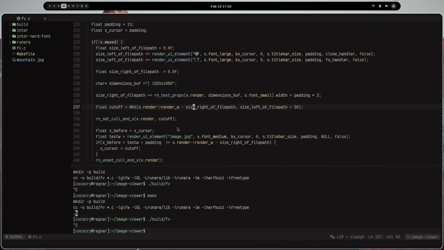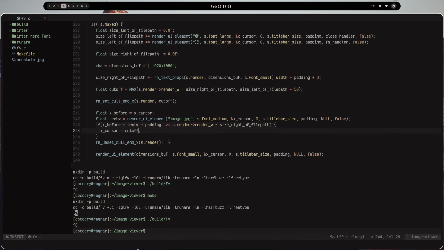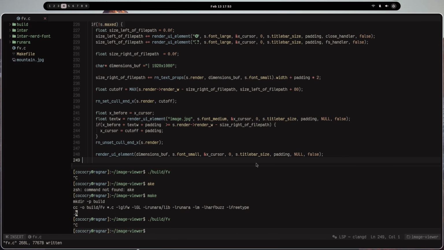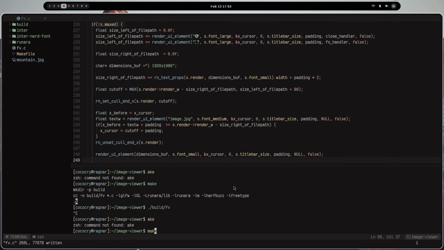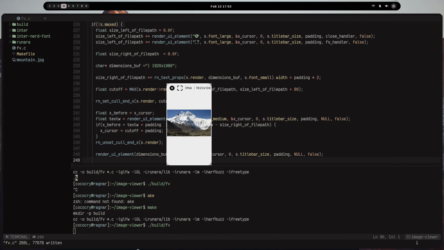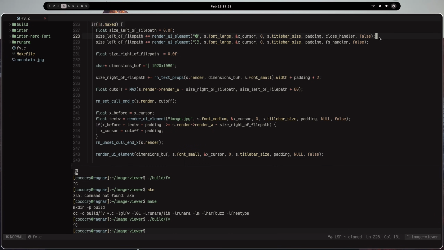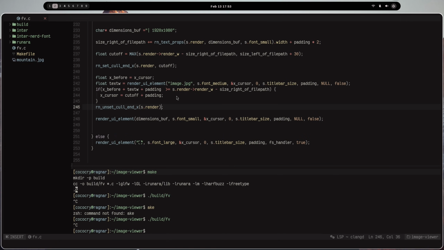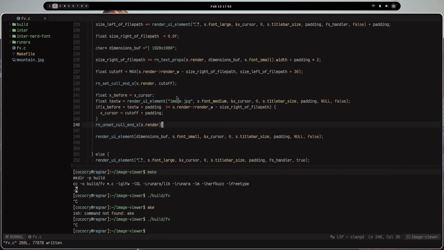Yep. Then also it should be plus padding here. And where's the plus 50? Let's say plus 80 or something. And this has to be plus padding, and this has to also be plus padding. Okay, now we want